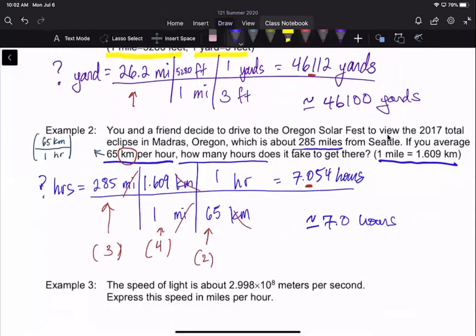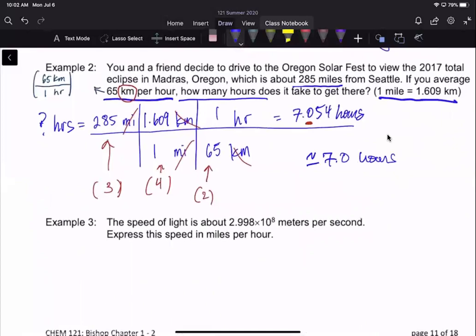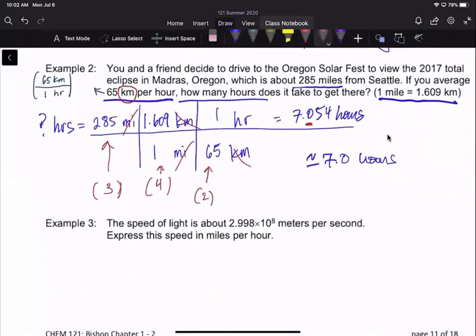All right, one more example using dimensional analysis, and this has a numerator and a denominator. We're looking for miles per hour. How many miles per hour is the speed of light? So remember that per means 1 over. So we'll write